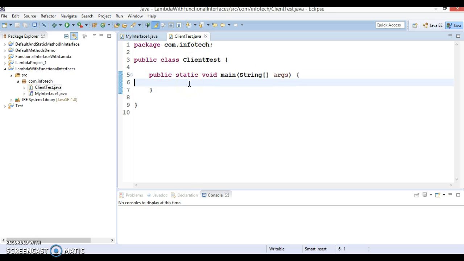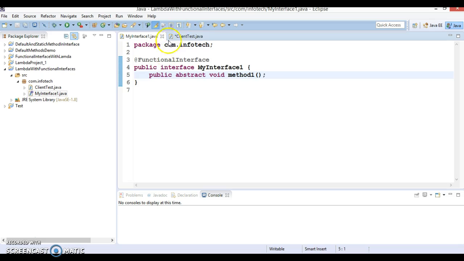So this would be the first functional interface written by us, and we need to write a Lambda expression for this. So how can we write a Lambda expression? Before writing the Lambda expression I would write an anonymous class for this interface.